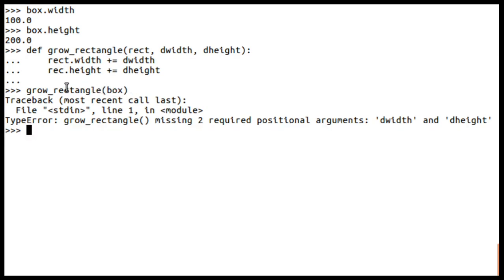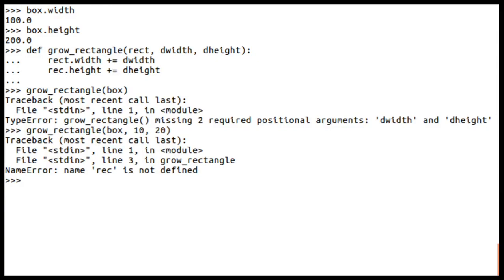What is the problem? Okay, sorry, this grow_rectangle is going to take three arguments, and I have specified only one. So the box has width 100 and height 200. Let me increase width by 10 and height by, say, 20. Okay, let us see this.